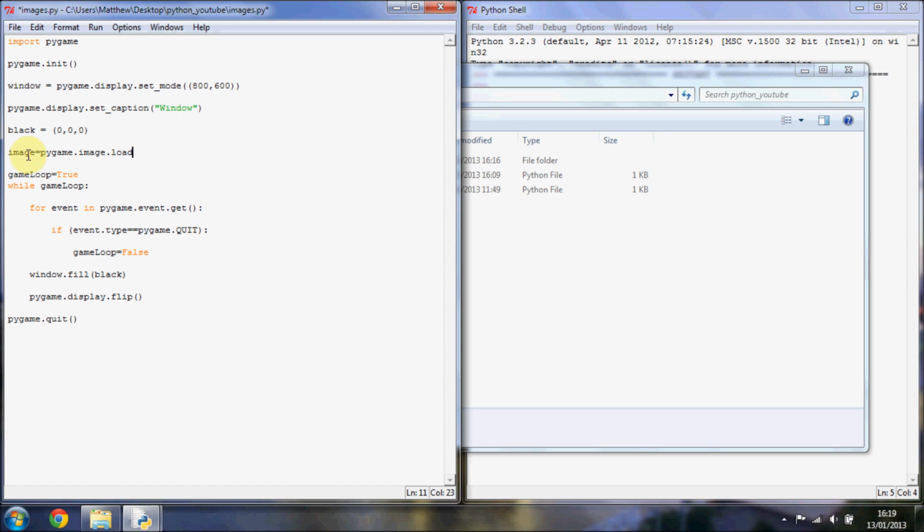So you just need to say image, or you can call it whatever you want. I could call this Python logo or whatever, but it really doesn't matter. And you need to open your brackets. Then we are going to pass a string to this method. If you don't know what that means, basically it means we're going to pass a string to this method. And for now, because we've got it in a separate folder here,